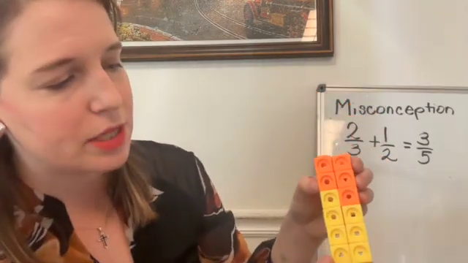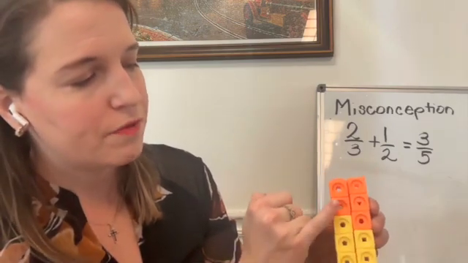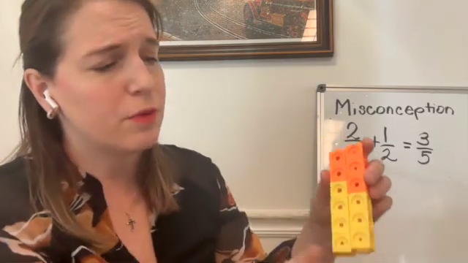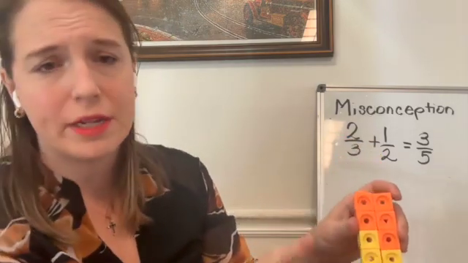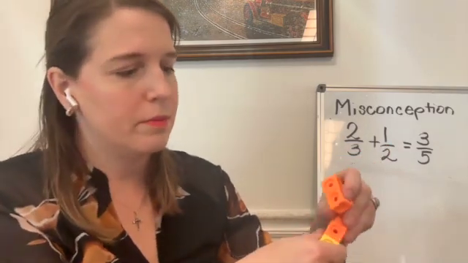So if we're looking at this with our mathematical cubes here, we can ask the students, okay, what do these number lines have in common here? And they would be able to recognize that there are 1, 2, 3, 4, 5, 6 in each row. So our whole here is 6. So then if we're going to add, just the yellow is representing our numerators. We can take our cubes